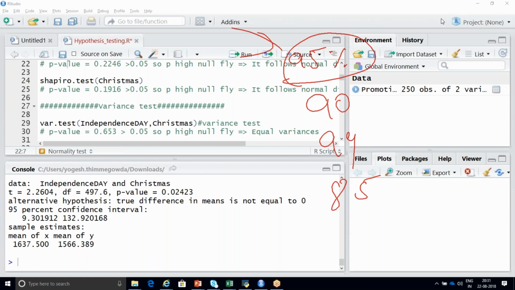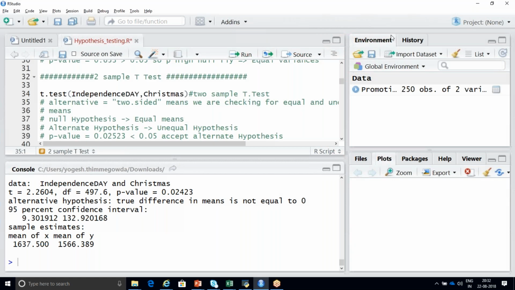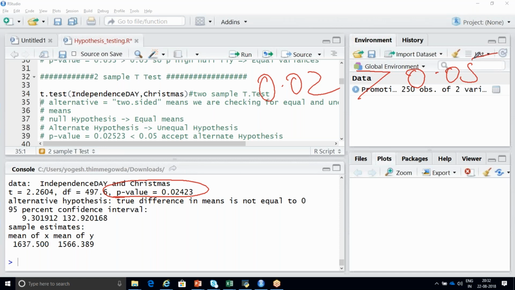Now, coming to this point, you have run this t.test and you got your p-value. So what does your p-value say here? It is 0.02. Until this point, we were getting it greater than 0.05. Is your p-value 0.02 greater than 0.05 or less than?